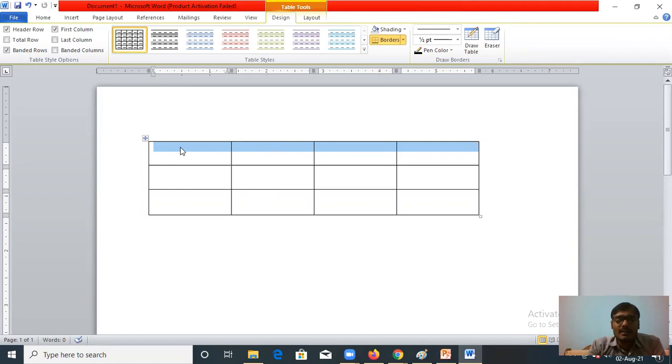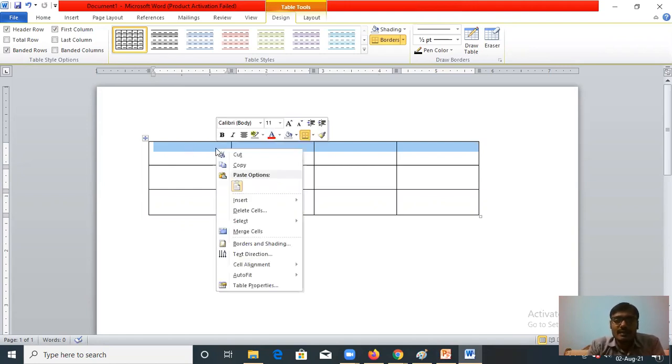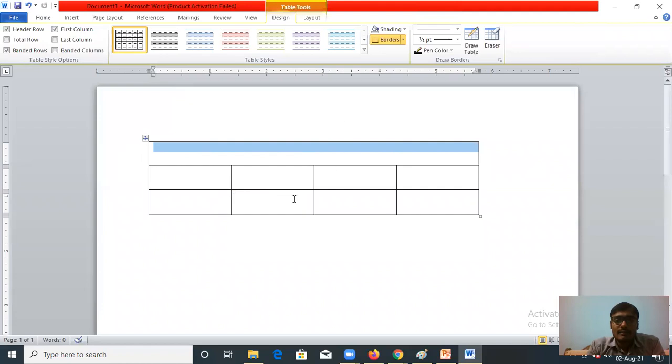You have to select the cells which you want to merge, then right click here and click on merge cells. All the cells will be merged. Now you can write the heading in this cell. So this is a very simple step children.